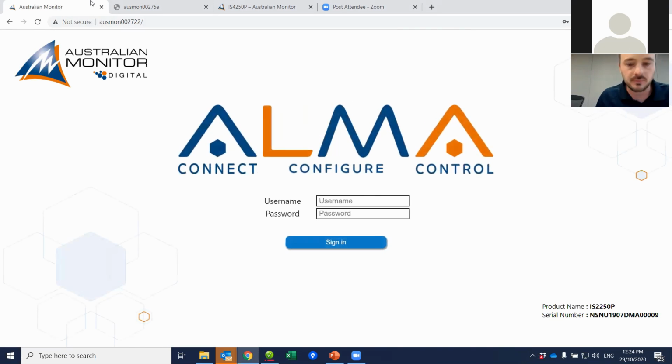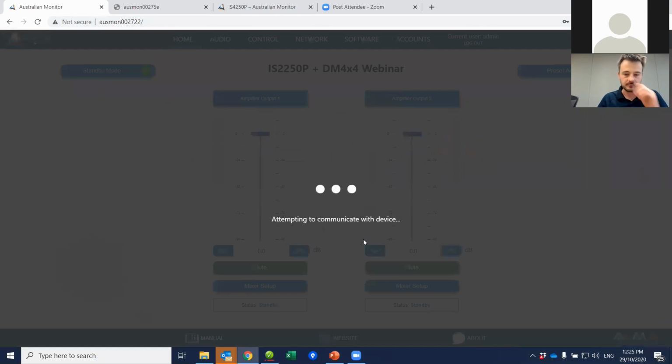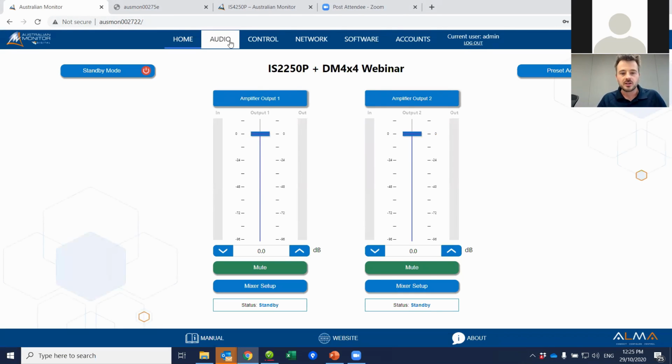Okay, so first page is the login, out of the box, admin. The first page you're presented with is basically a snapshot of the outputs of the amplifier. So in this setup, I'm connected to the 250p. So we can see that there's 2 outputs, amplifier output 1 and amplifier output 2. 0 dB by default. Got the ability to mute the mixer setup, which I'll discuss in